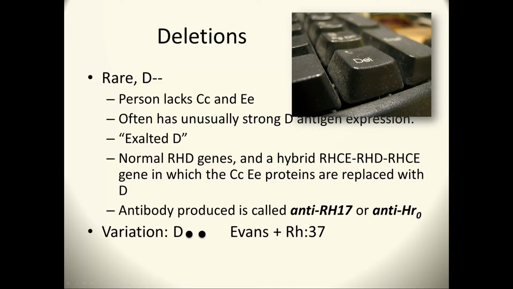This is also sometimes called exalted D, because many examples of this have an unusually strong D antigen expression. And that makes sense because they have the D gene, and what would normally be at the RHCE locus, there's another RHD gene in there. The antibody that is often produced by these individuals is called anti-Rh17 or anti-Hr0, and it is essentially directed against